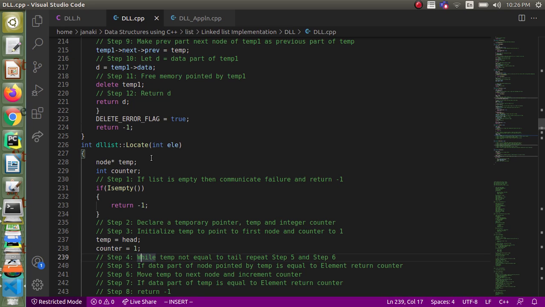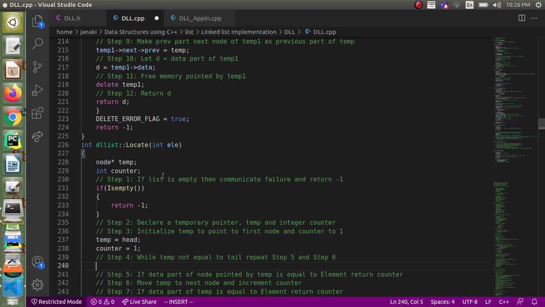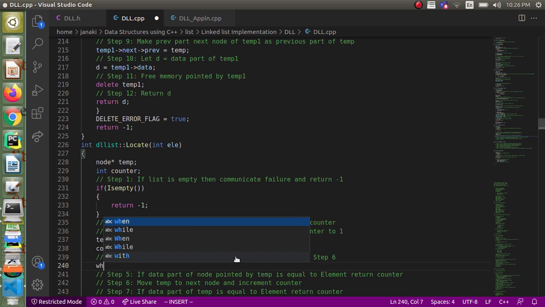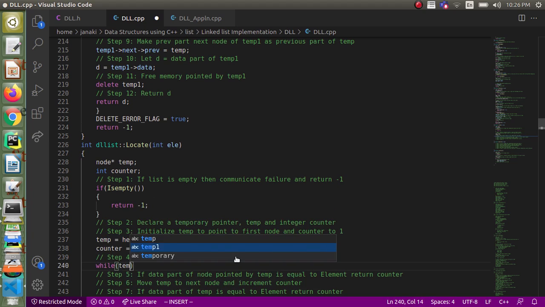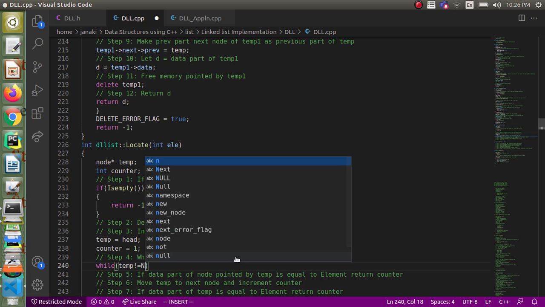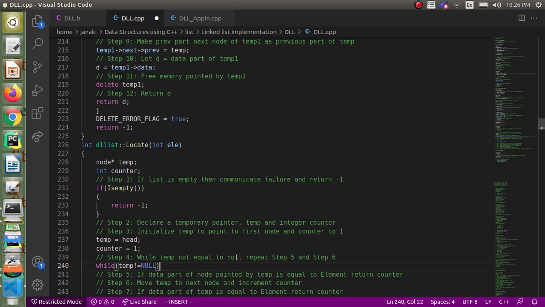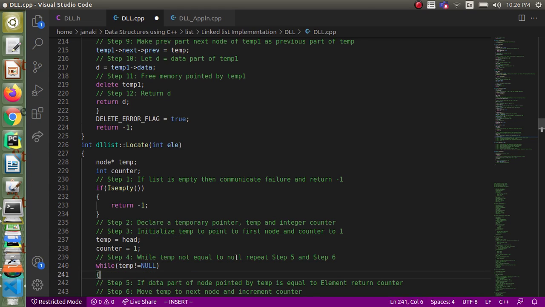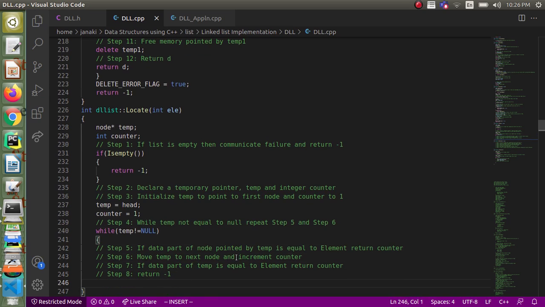And while temp not equal to null, let's go till that. We have to check if the data part of the node pointed by temp is equal to the element.